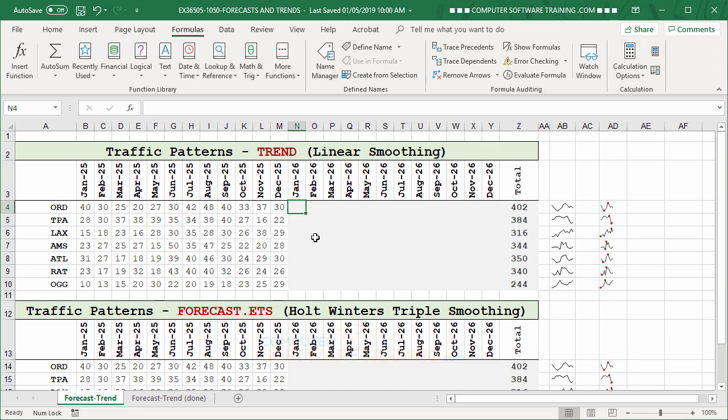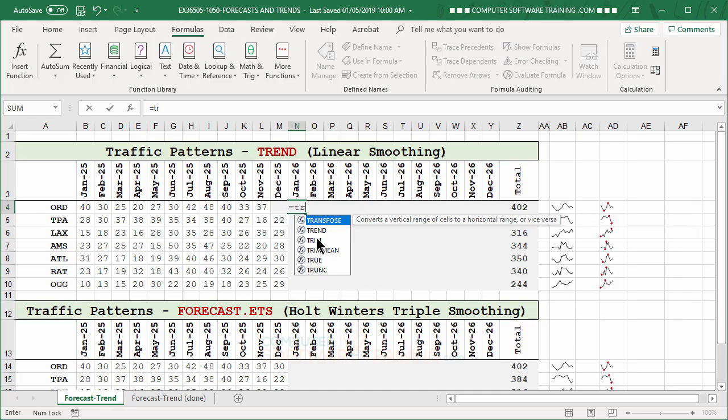What I'm going to eventually do is show you how we can have it give us many numbers out, depending on how we put this together and how we set up the different things within that formula. So we're going to start out first of all with equal and then TR, and you'll see the TREND function pop up there. So we'll double click that,